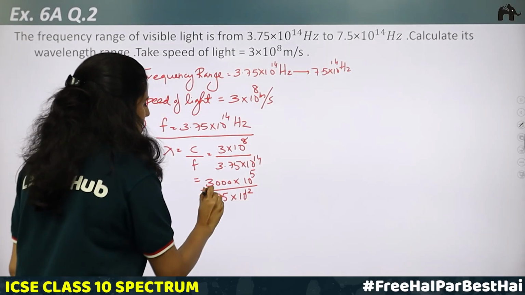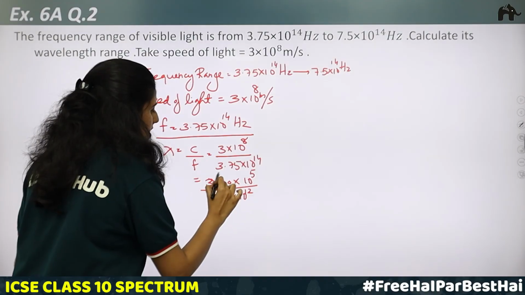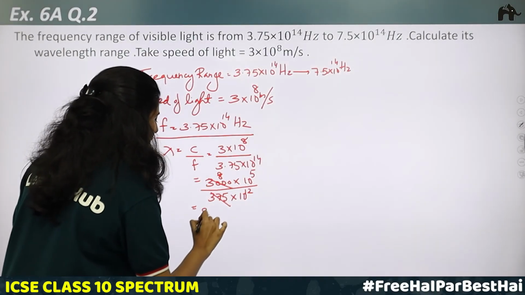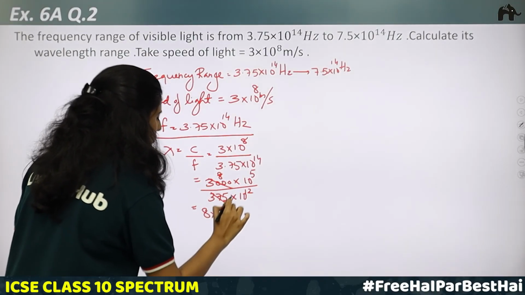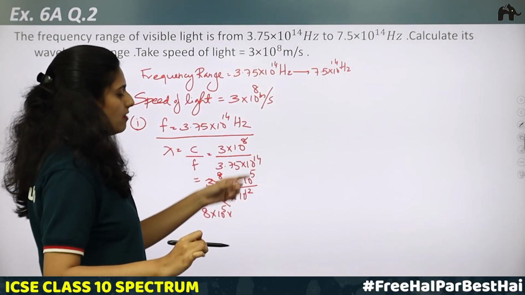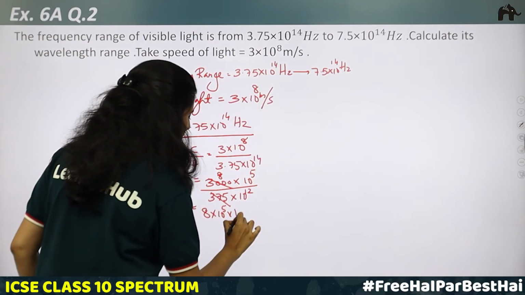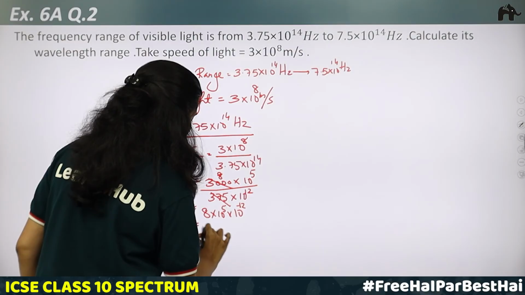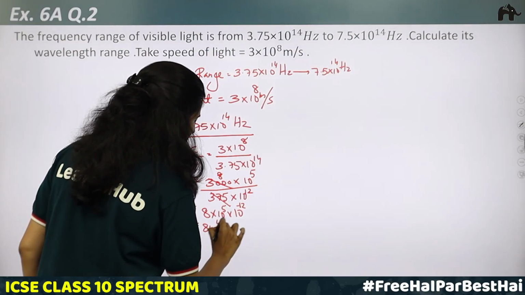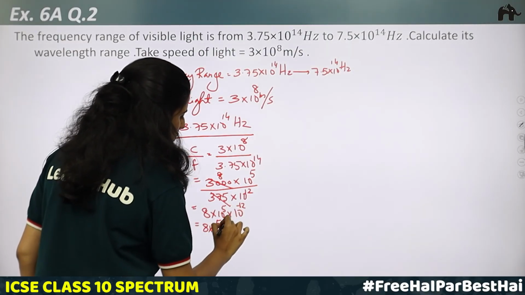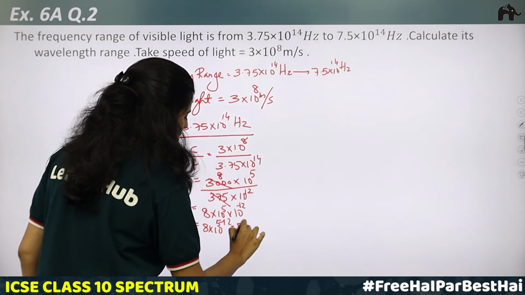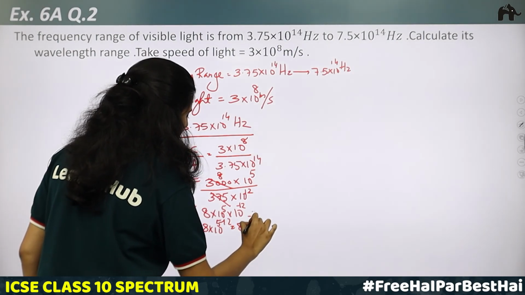Okay. So 375 into 8 is 3000. You will be getting 8 into 10 raised to 5 into 10 raised to 12. When taken to the numerator, it becomes 10 raised to minus 12, which is 8 into 10 raised to 5 minus 12. That is 8 into 10 raised to minus 7